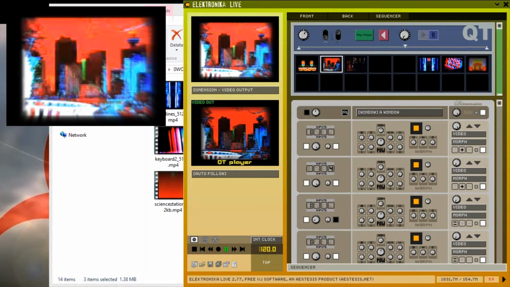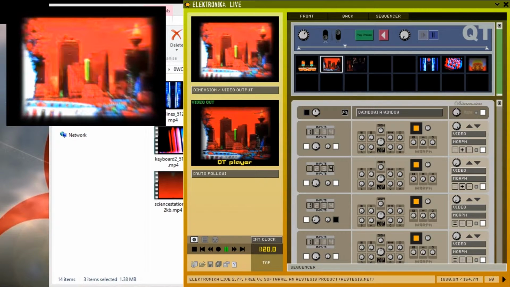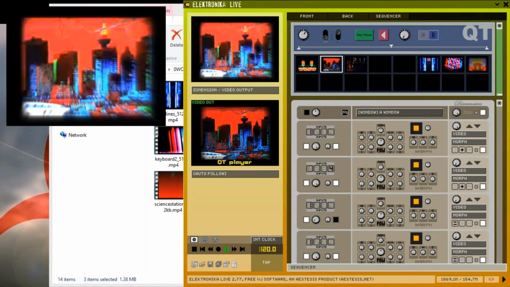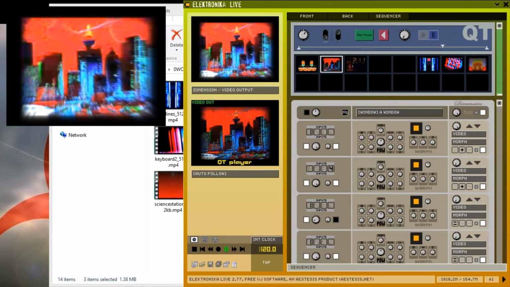The Qt Player is also able to display still image files. Supported formats include BMP, PNG, JPEG, TIFF, and TGA, and possibly others. The types of movie files supported will depend on the codecs installed on your system. I believe Electronica requires codecs of the Video for Windows or VFW type, so for this reason I recommend using the K-Lite codec pack and either the full or mega versions.